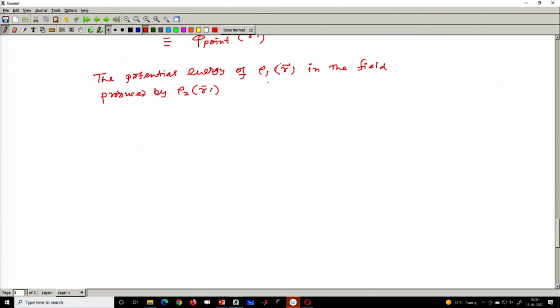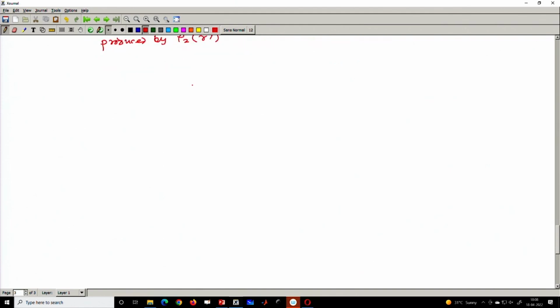The potential energy of rho 1 in the field produced by the charge distribution rho 2 can be simply written as V E is equal to